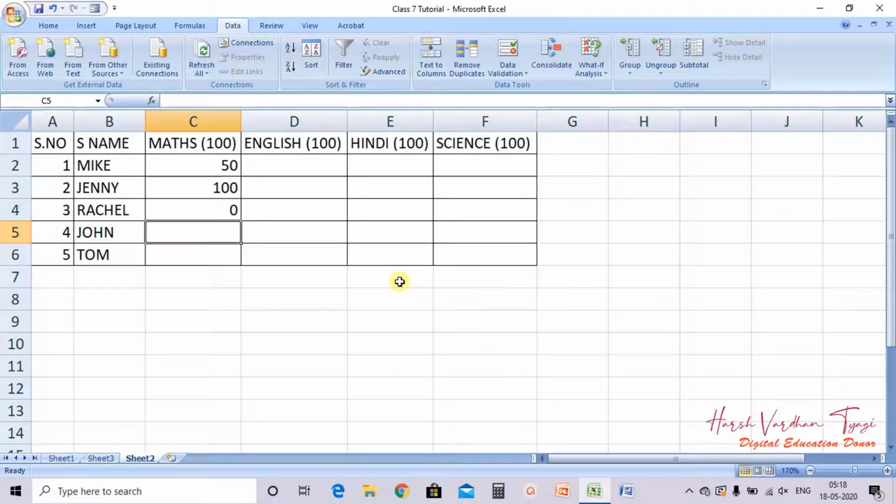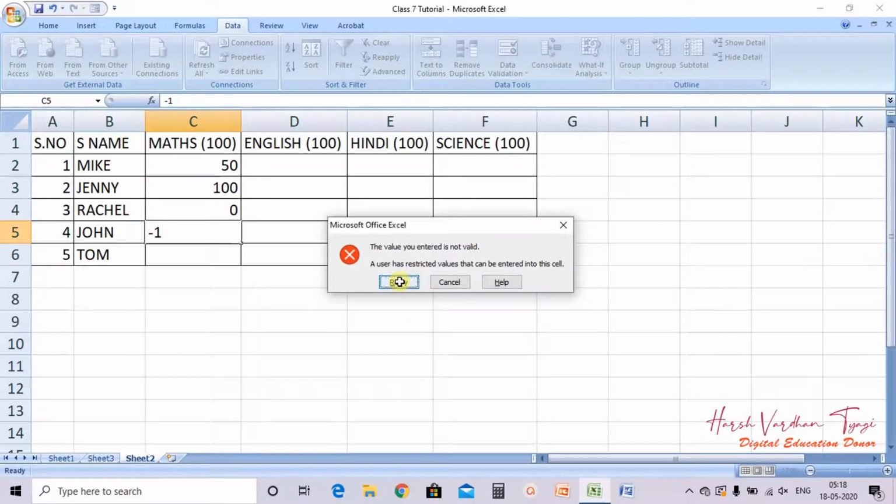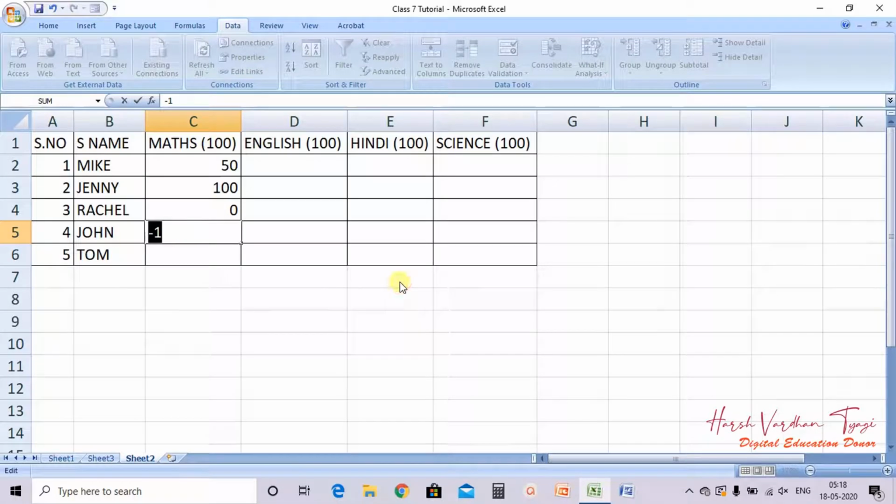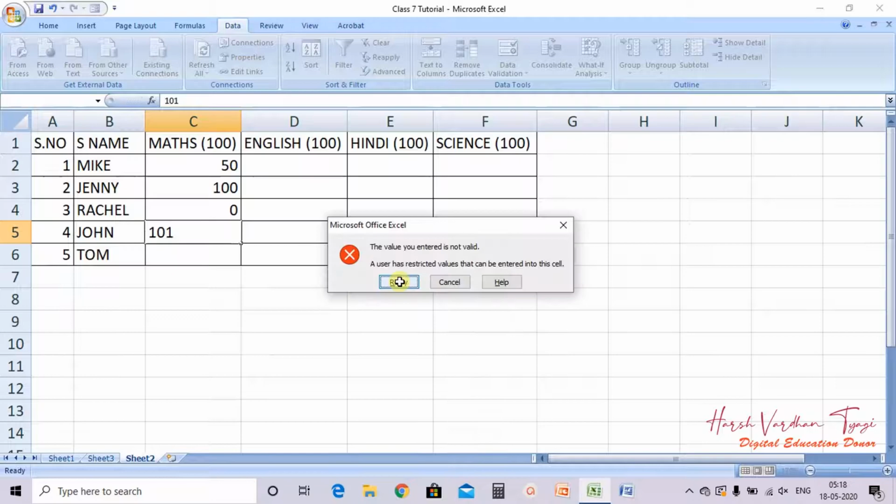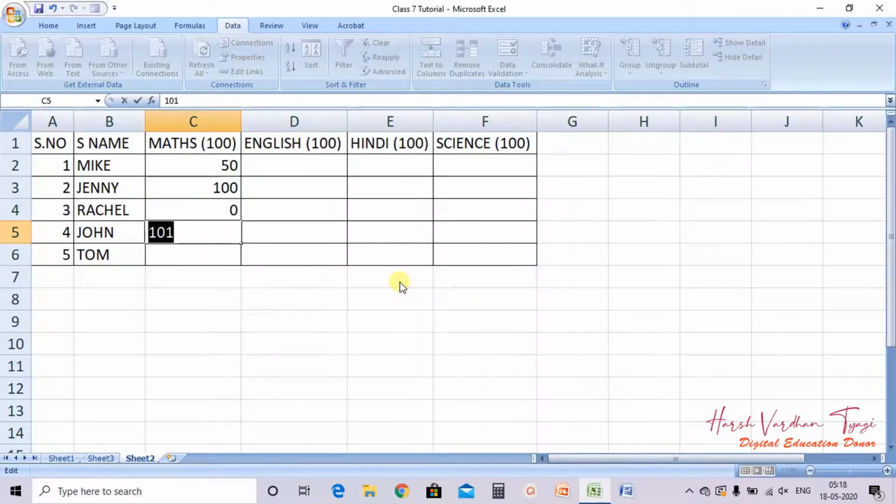Neither a value less than 0 is acceptable, nor a value greater than 100 is acceptable. So what is acceptable in this particular specific range? The value which is in between 0 to 100, 80. Fine.